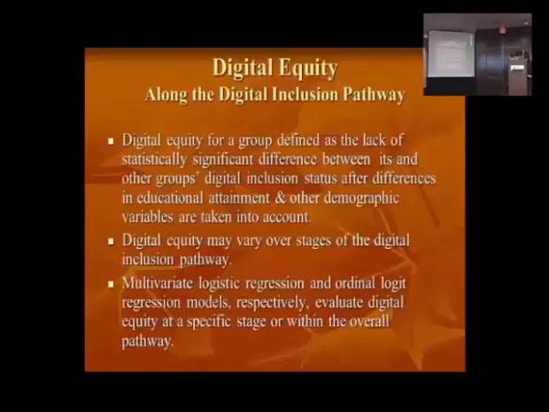And I used multivariate logistic regression and ordinal logit regression models to evaluate this. I'll show you the results. So there are lots of statistical tables behind this summary. I just want to call a few things to your attention here. So this is showing you that, everything else controlled, women have more digital access than men. That's a surprise, isn't it? We don't usually hear gender equity or inequity framed that way.